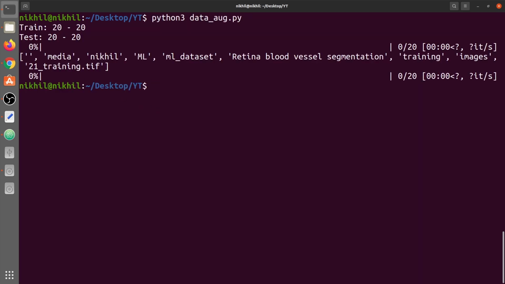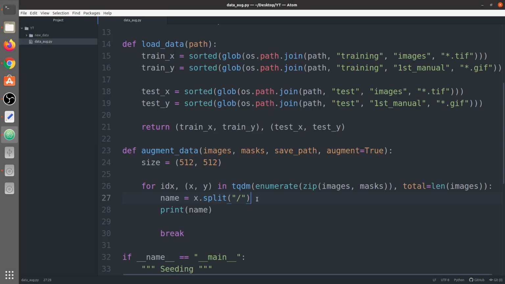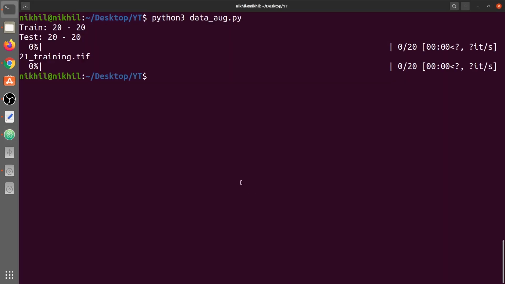So this split has given us a list, and this list contains various words related to the folder path. So we need to extract this last index item. So we're going to say -1. We need the name with the extension. You can see we have 21 underscore training. Now we don't need this extension.